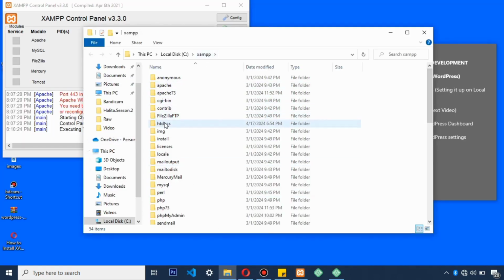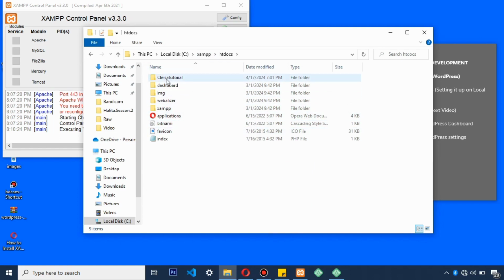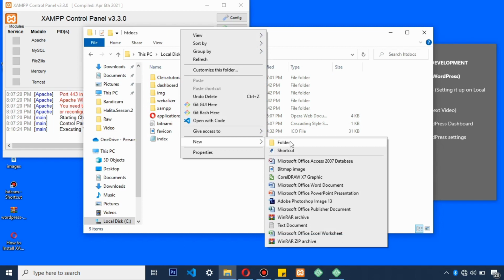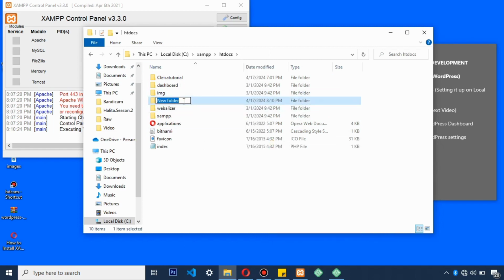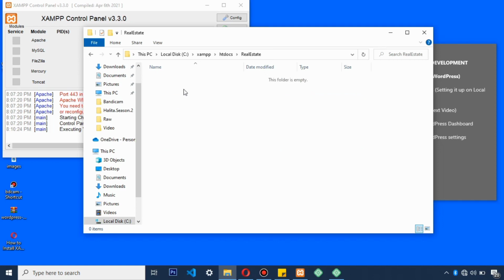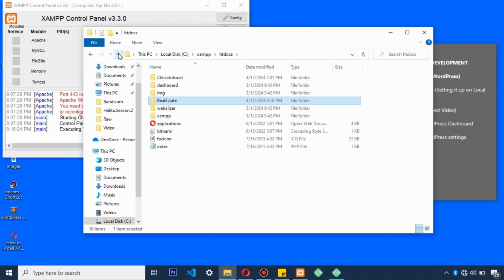So for XAMPP, this htdocs folder where we have our Clarissa tutorial, you can add more sites by creating a new folder. You can say maybe the name of the site is real estate. Let's put them together, real estate, right? And you save. So what you have to do too is to bring back this particular WordPress file that we installed, bring it back here, extract it the way we did for Clarissa tutorial, and then you proceed to